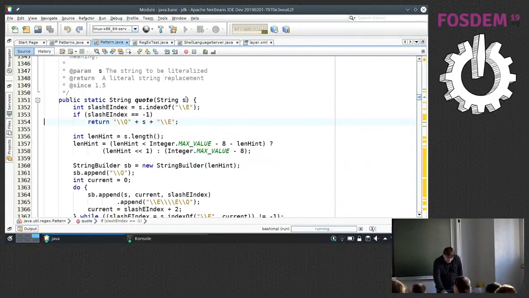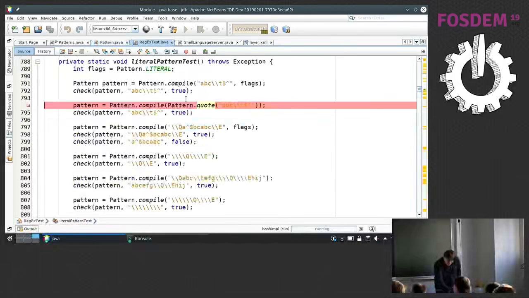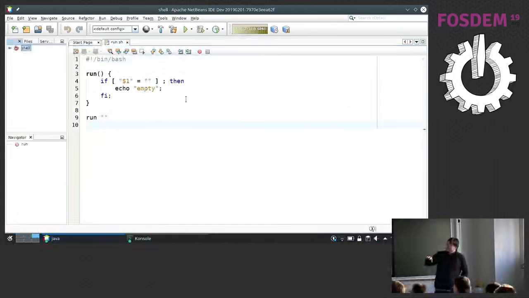And so, as a demo, to not be controversial too much, there is a server for the LSP that supports the shell script. So this IDE is using that server to provide the editor features for the bash scripts or shell scripts.